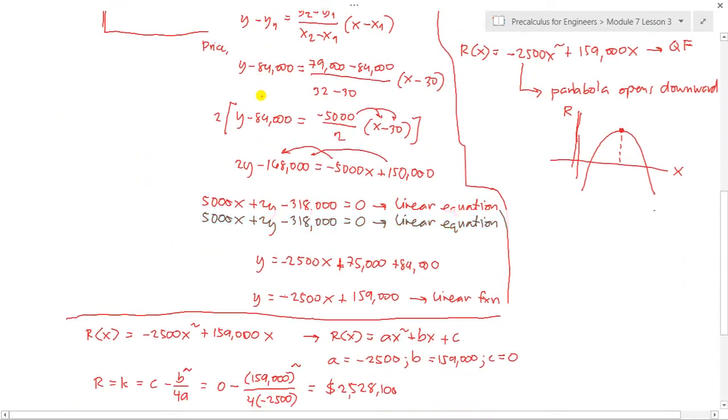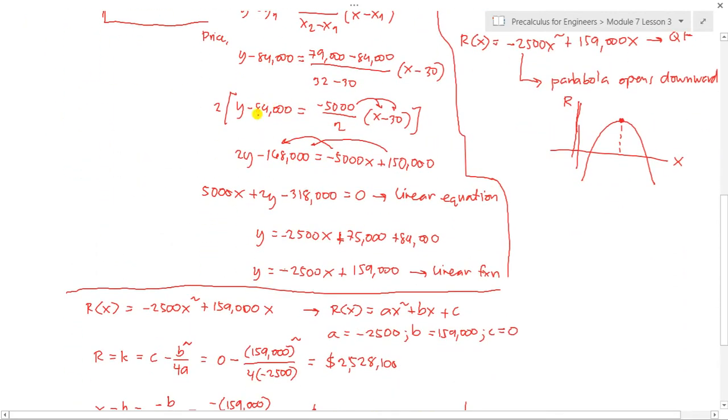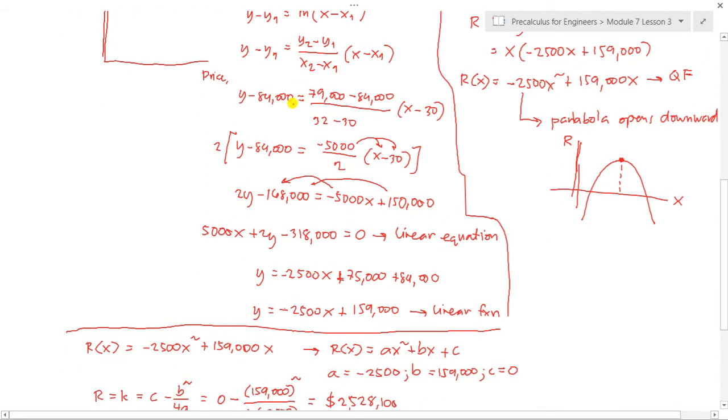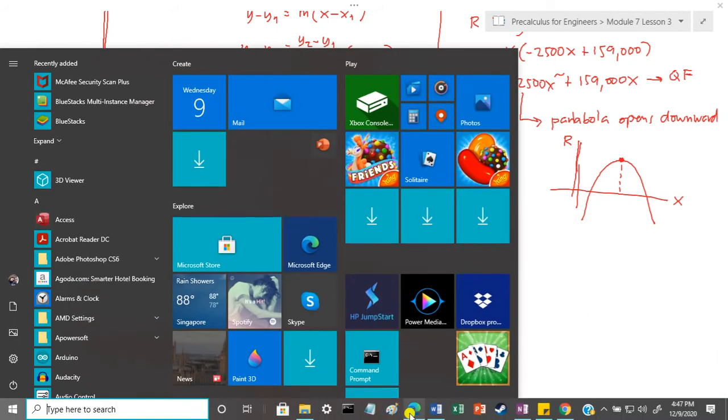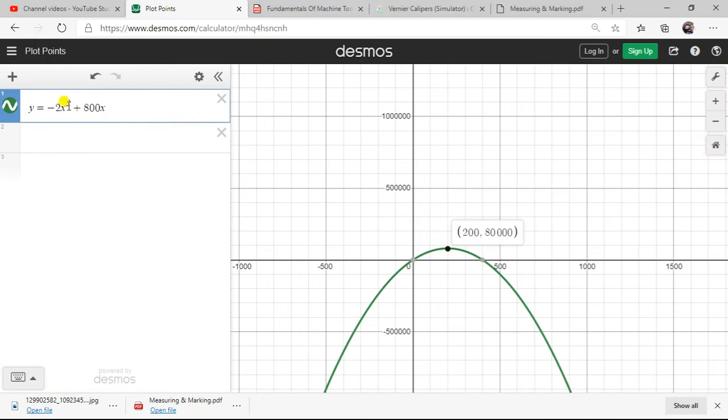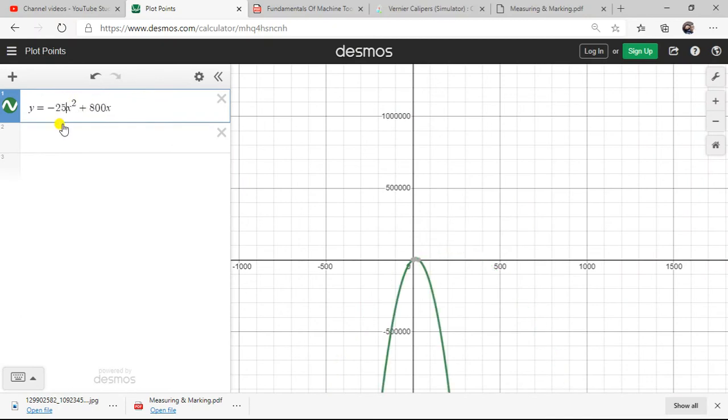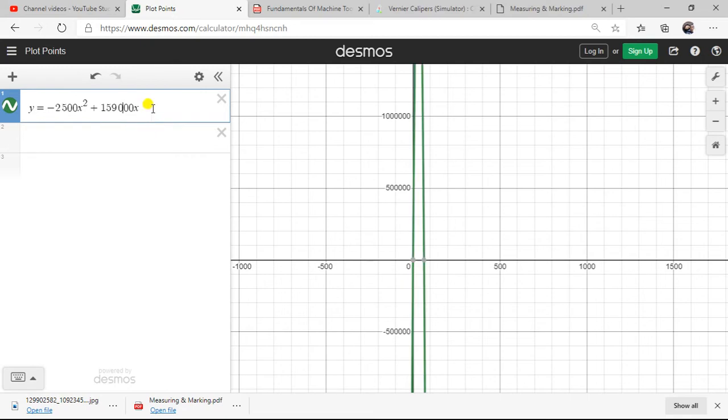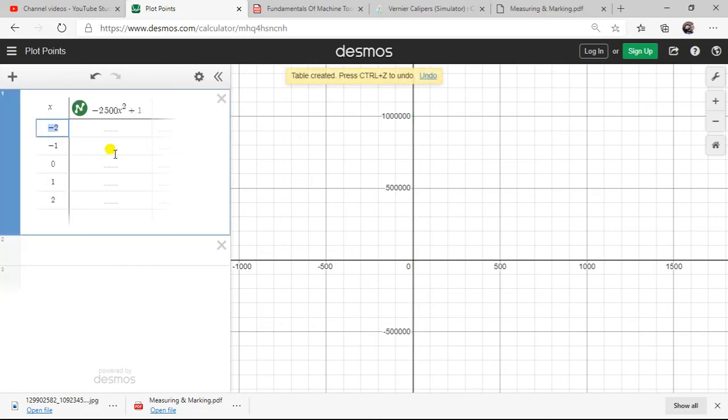ang revenue. Okay, now to prove this, let's plot this quadratic function ng ato na generate kani siya. So we're going to plot this kaning r of x equals to negative 2,500x squared plus 159,000x. Now ato lang pulihan si r of x as y, ngito na sa online. So from the online calculator, this is negative 2,500x, then plus this one is 159,000x. Okay, kung ato siya ikuan table nato,